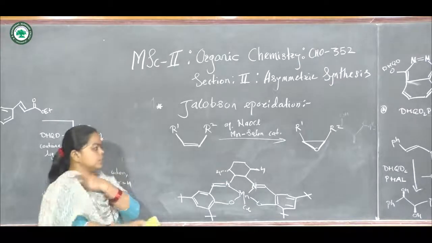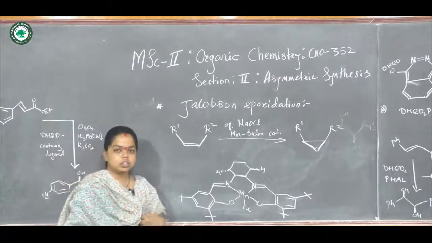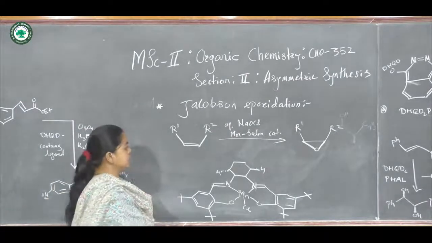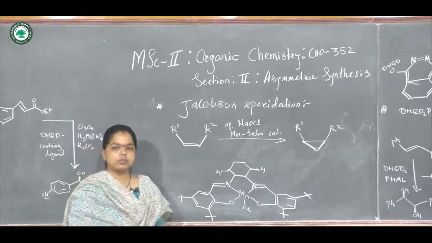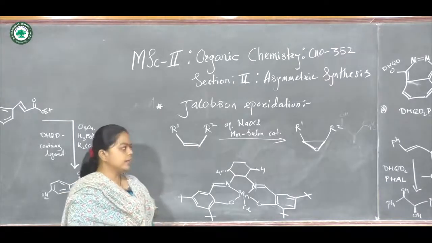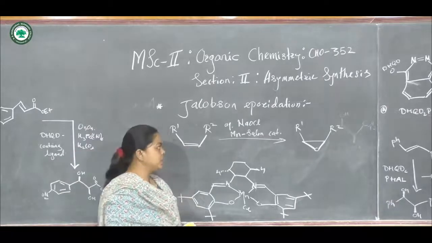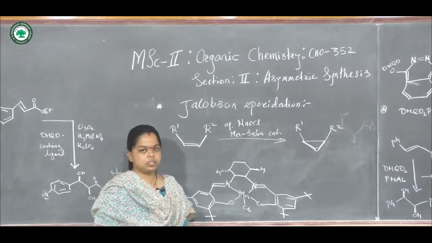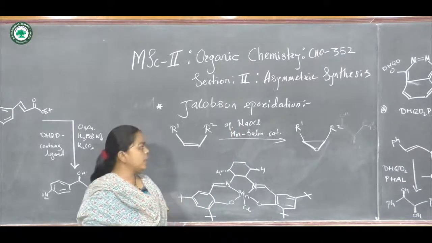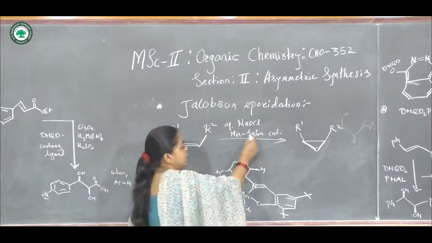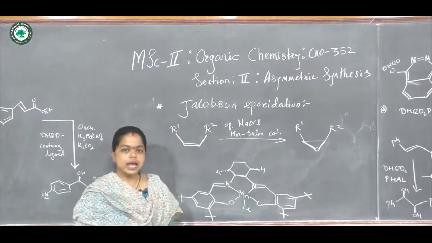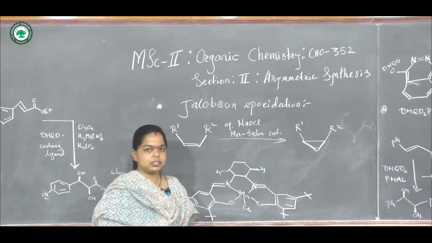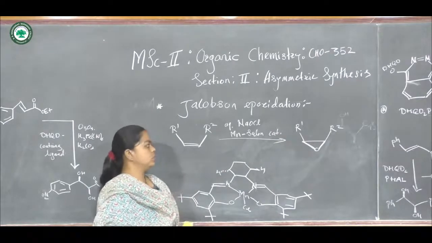Now the second reaction in the asymmetric synthesis is the Jacobsen oxidation or epoxidation reaction. Now we can see in this reaction olefinic compounds are oxidized, we can convert them into epoxide by treating with aqueous sodium hypochlorite or bleaching agent. So the bleaching agent is used in the aqueous medium along with a catalytic amount of the manganese salen catalyst. Manganese salen is the effective catalyst used in this oxidation reaction.